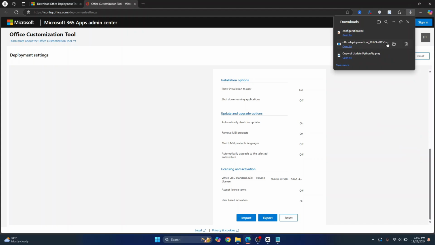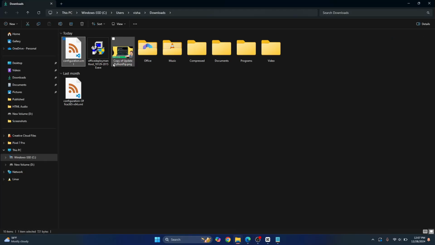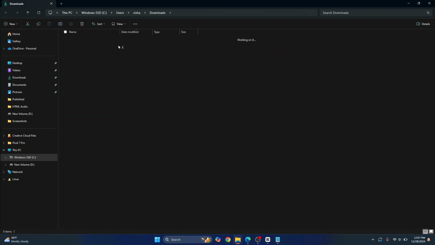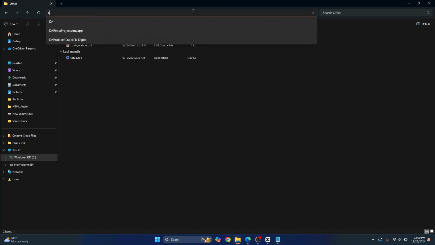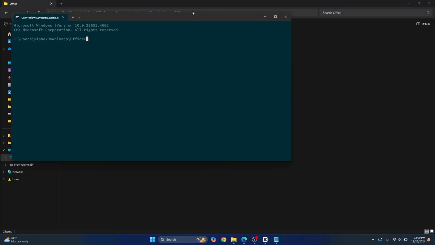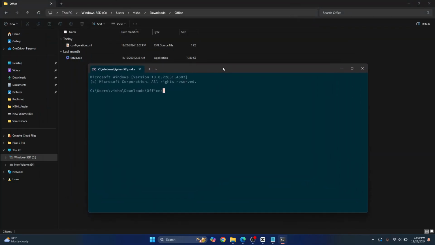And now let's go wherever we have downloaded this. Now let's move this inside our office folder, and inside our office folder we have two things now: setup.exe and configuration.xml. Now you need to enter two commands and your installation will start. Let's open command prompt in this directory. So here in the address bar, just click and type cmd and hit enter, and command prompt will open in this directory. Now enter this command, setup.exe